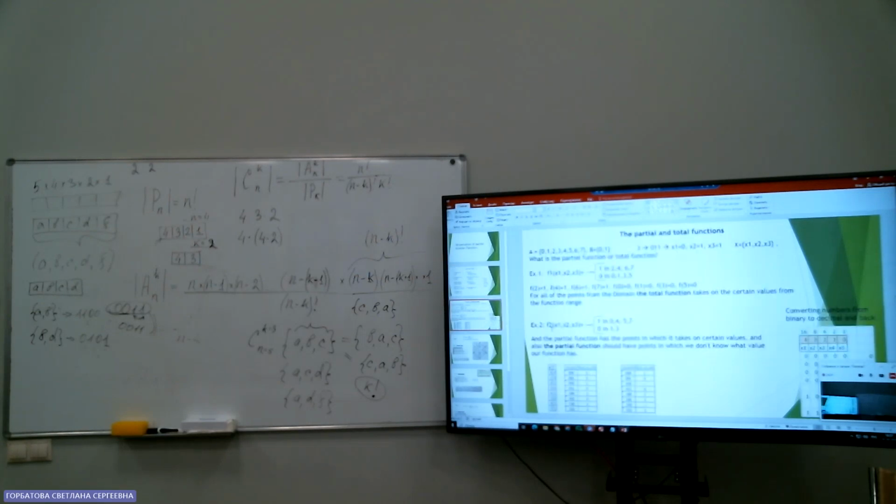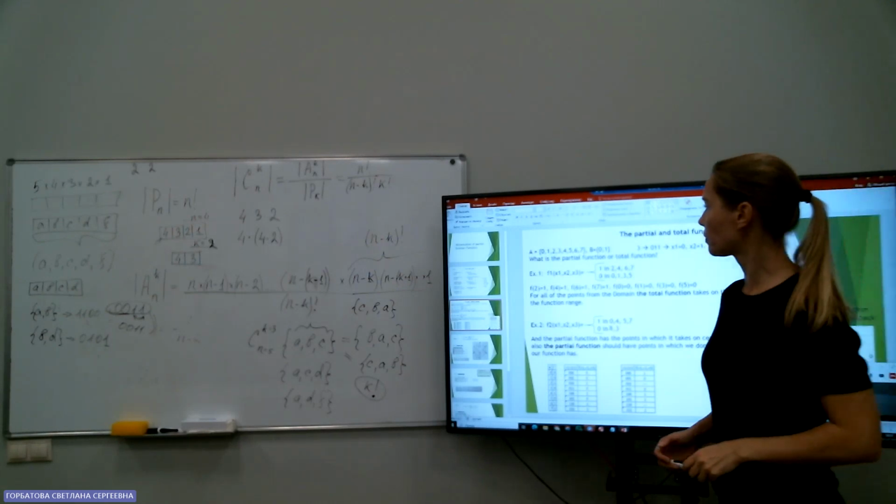And I hope you remember the difference between total function and partial function. Do I need to revise the material or do you remember? Revise? So